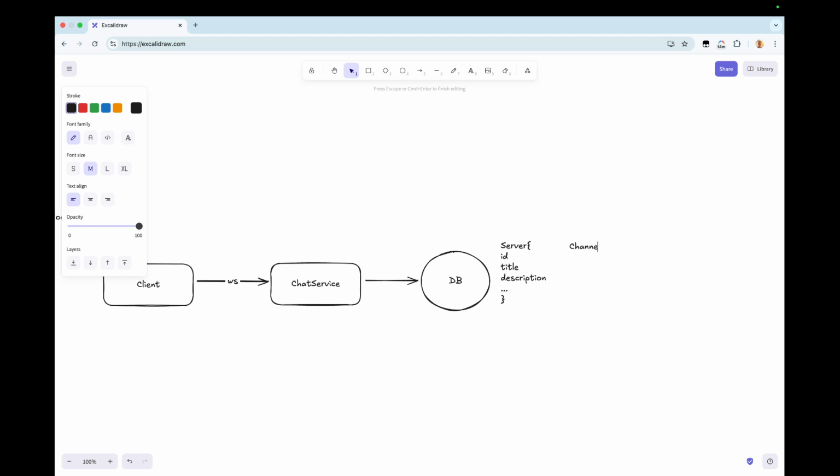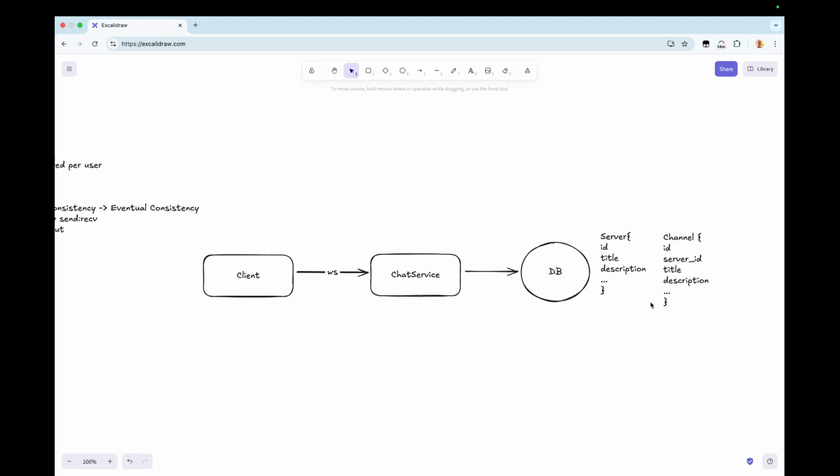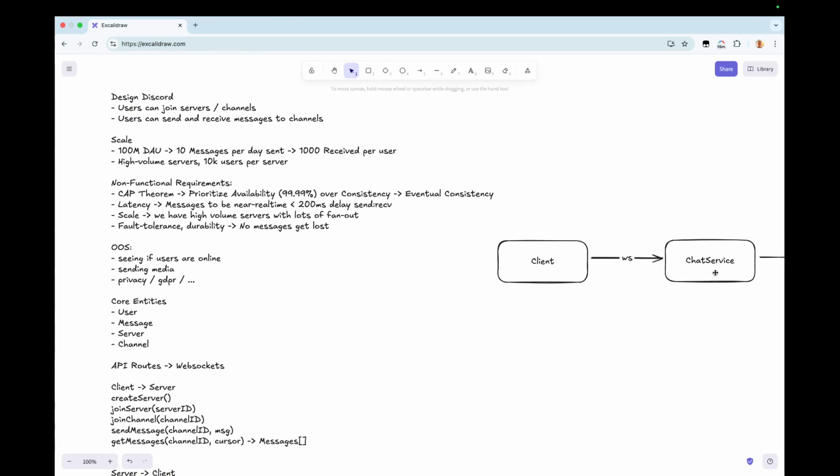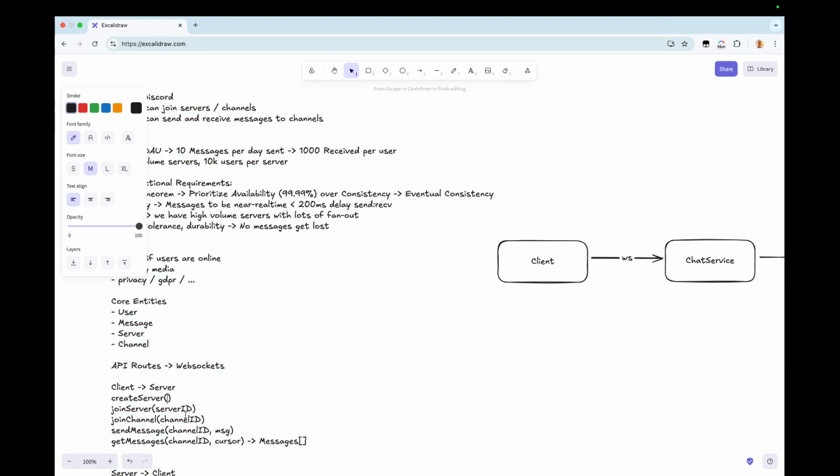Then we have a channel, ID, title, description. And then we have here server ID. Cool. So the client first opens a WebSockets connection with our single instance of chat service. They're going to call create server. We probably want a title and description.